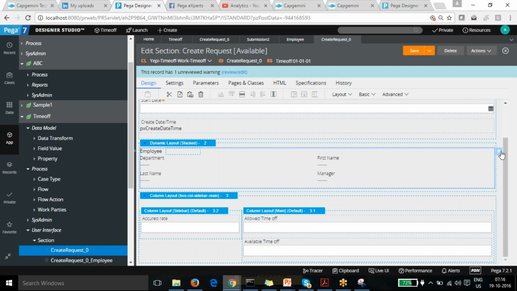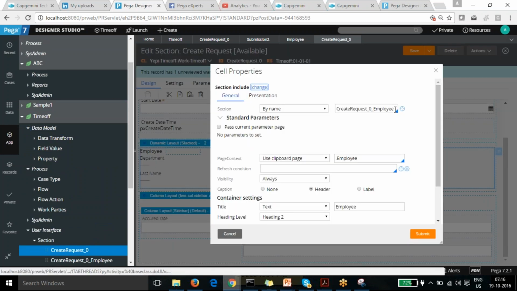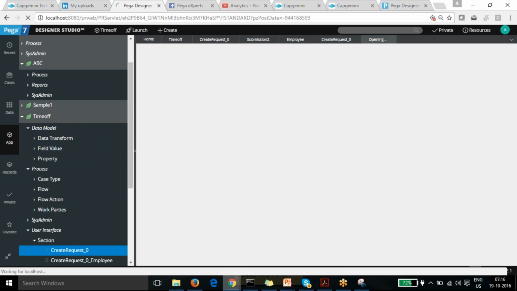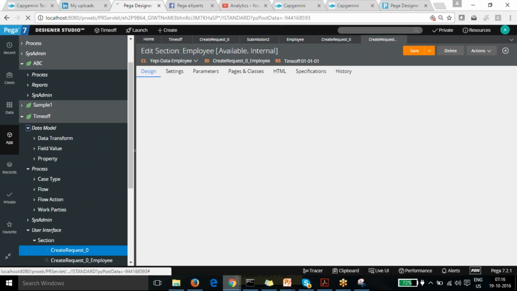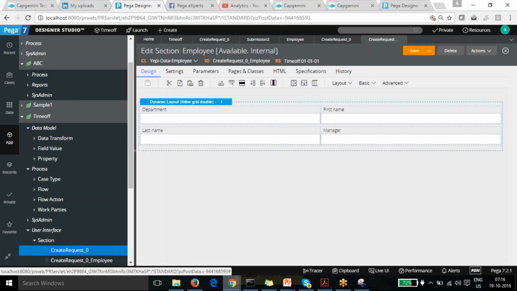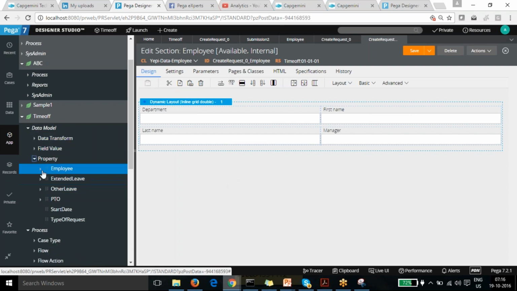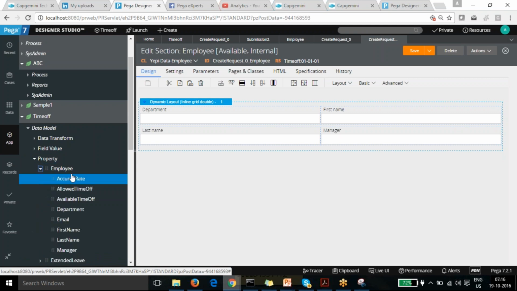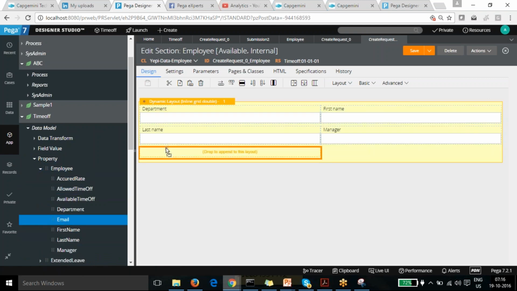One minute. So the property which I just created in the employee will be reflected here as well. So I can drag email here.